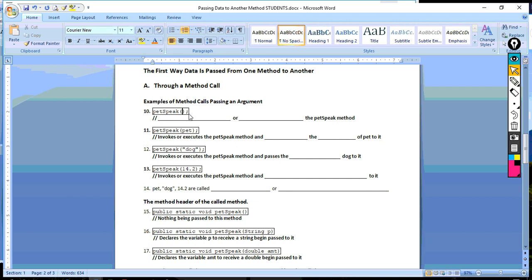So what does this line do? That's a good test question. What does this line do? You should be able to say, well, PetSpeak, being a method call, invokes or executes the PetSpeak method. It invokes, here's your spelling of it, executes the PetSpeak method. Just like the